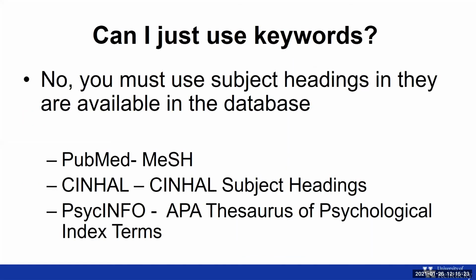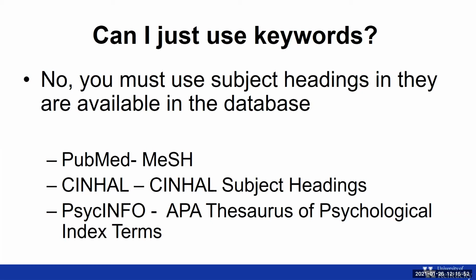All right, so another question that we get a lot is, can I just use keywords? Or it's not necessarily a question, but people have come to us with a search and they want to know if the search is good, and they're missing all of the subject headings, or it's all subject headings and there are no keywords. So according to systematic review guidelines, every guideline, even for scoping reviews, any type of review, they state that you have to